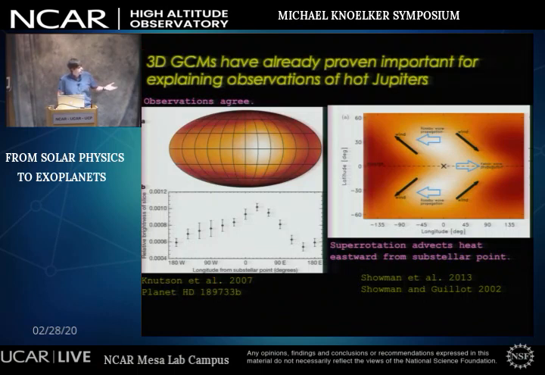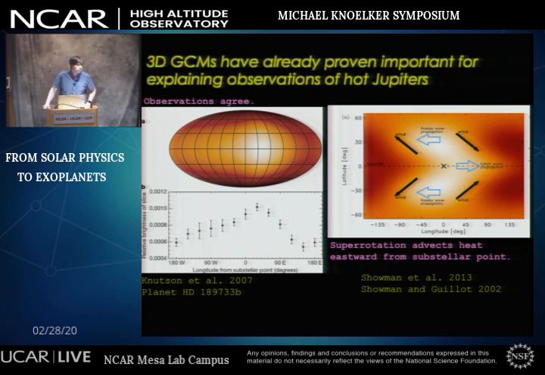This was shown yesterday: the offset in the thermal emission phase curve from these worlds, from the substellar point, matches up very well with GCM models. Numerous models all agree that these hot Jupiters would have a strong super-rotating jet at their equator, which advects that heat eastward of the equator. So rather than having your hotspot right on the substellar point, as you might expect, or perhaps lagging behind due to thermal inertia, instead it is ahead of the substellar point due to this super